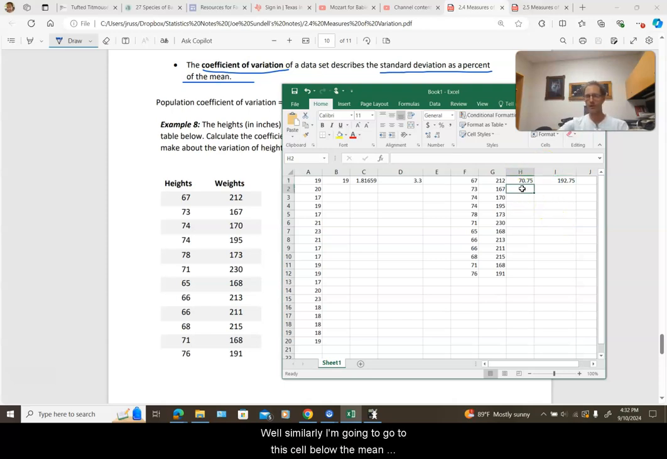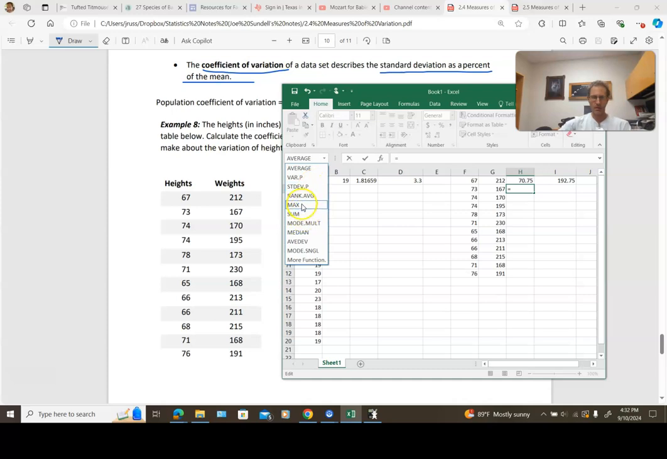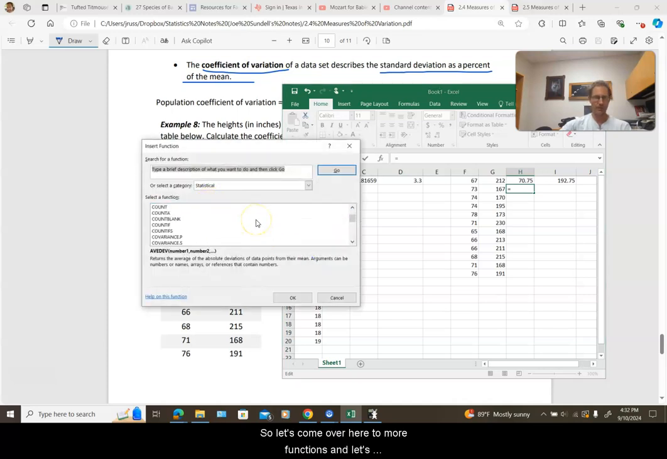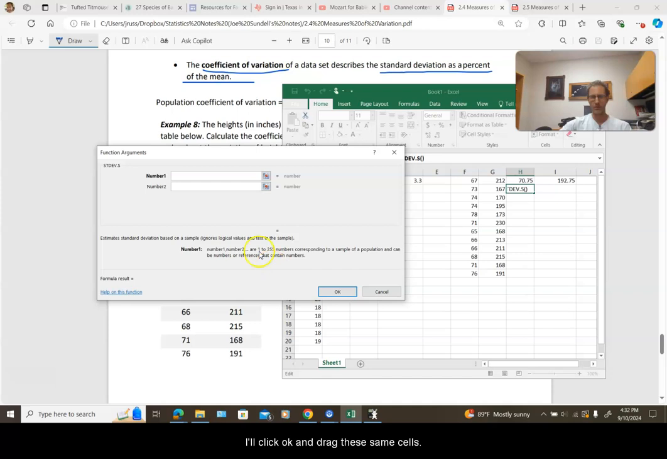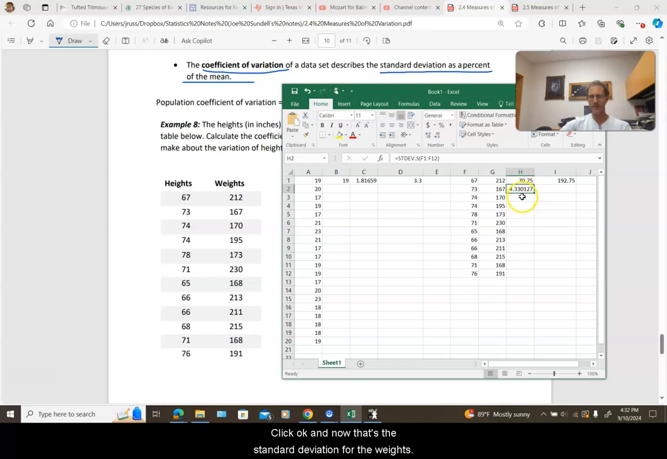Similarly, I'm going to go to this cell below the mean from my data of weights, and I'm going to say equals, and I'm going to find standard deviation. It's one I've already used, but well, no, it's not, because we're talking about a sample and not a population, right? So let's come over here to more functions, and let's scroll down to the S's for standard deviation. And let's use this one. It's got to be STDEV.S because we're talking about a sample here. I'll click OK. I'm going to drag these same cells and click OK. And now that's the standard deviation